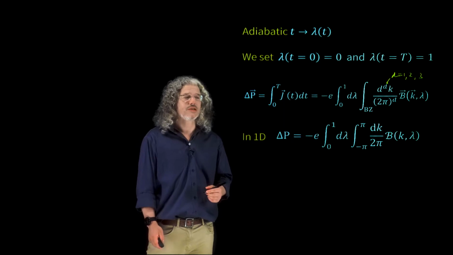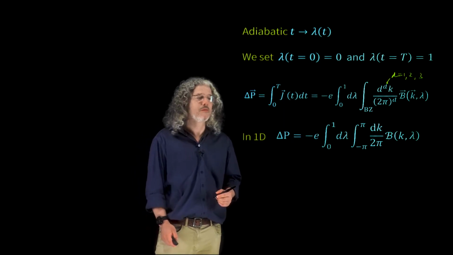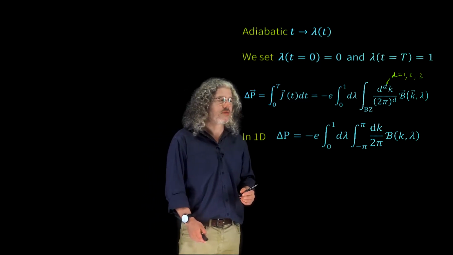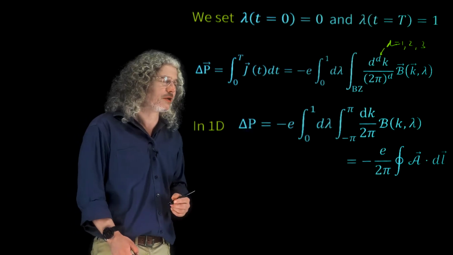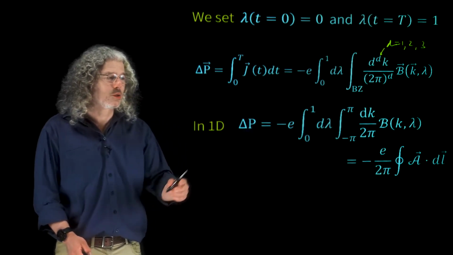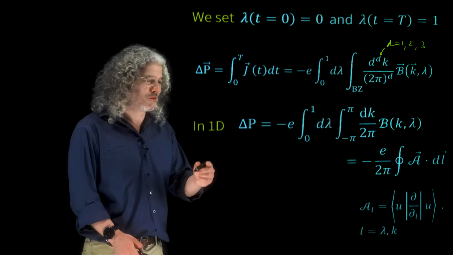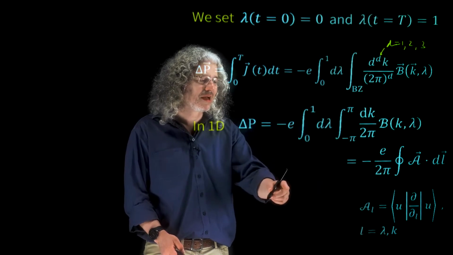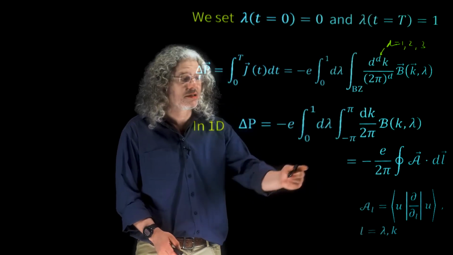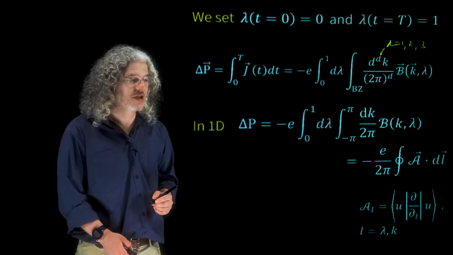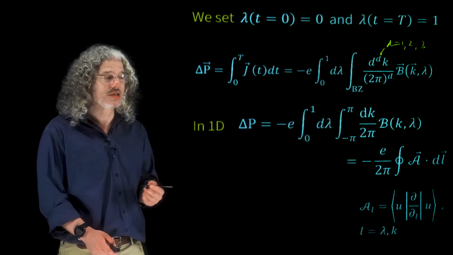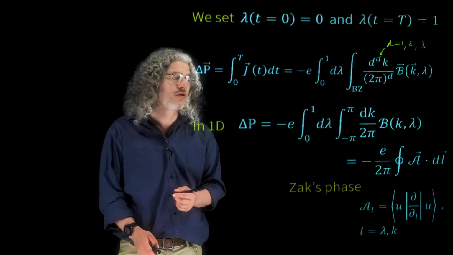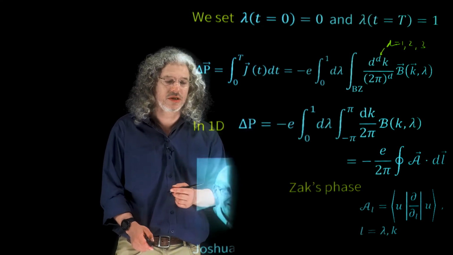Delta P is equal to minus e, the integral from 0 to 1 dλ, the integral of dk from minus pi to pi of the Berry curvature. And that, in turn, is given by the integral of the Berry connection A. The components of A_L are i times ⟨u|∂_L u⟩, where in this case, L is equal to lambda or k. And this is simply, remind us, the Berry phase. The first one to introduce this discussion in solids was Zak. This is why we call that phase the Zak phase. So here is Joshua